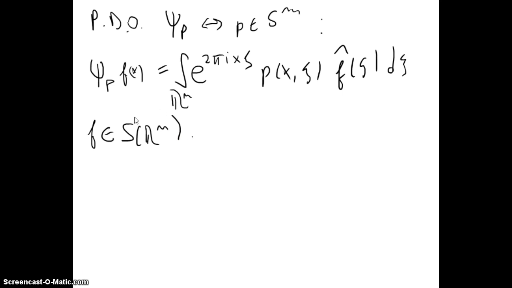So the pseudo-differential operator will take f in the Schwartz space and then compute, well, we have seen this in the anti-transform, and then we multiply by this p